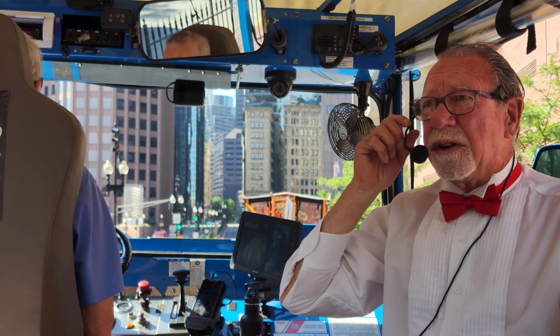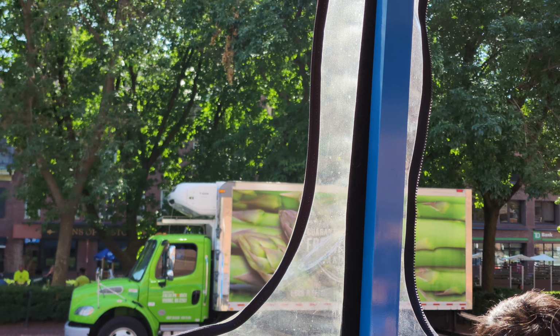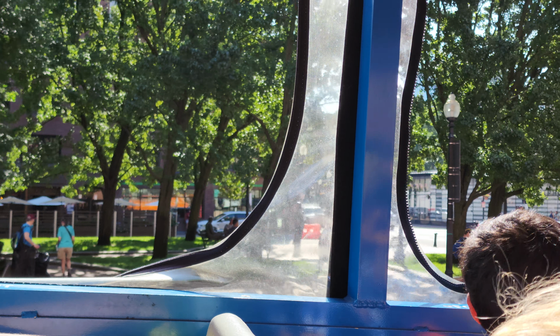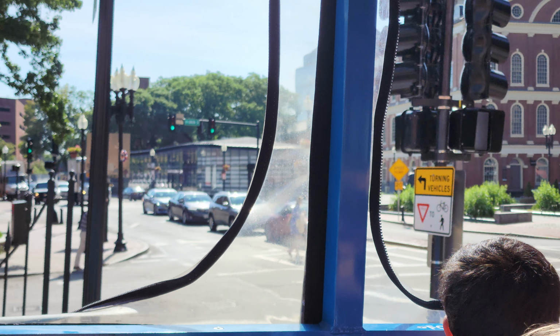Those tall glass towers right there, the New England Holocaust Memorial. Yeah, this block of buildings right here, the streets on that block are the same exact streets that were laid out in 1676. Now on the left over here is Faneuil Hall, the most important place in Boston, maybe in